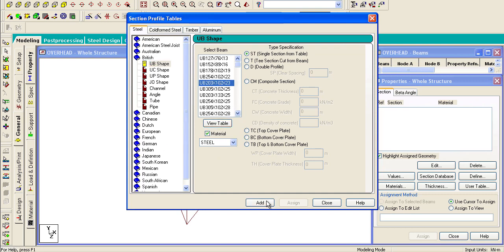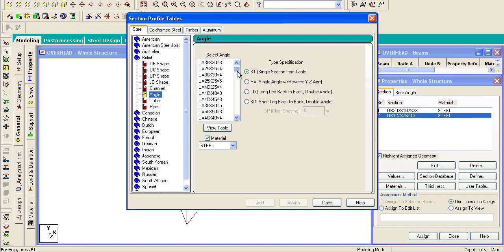Let's assign this section to be for the stanchions and also for the primary beams, and let this be for the secondary beams. And then we assign universal angle sections 50 by 50 by 4, and I'll let this be for